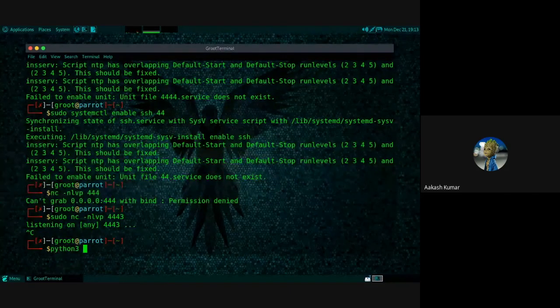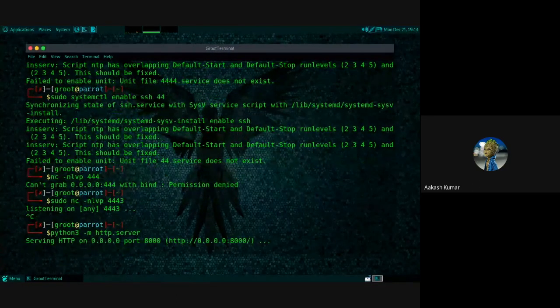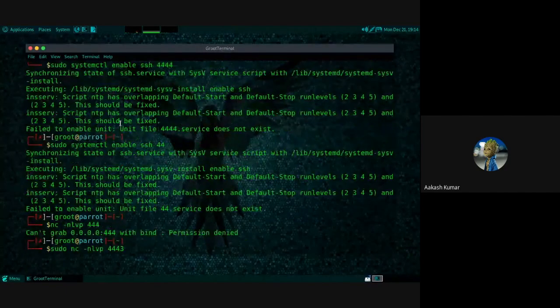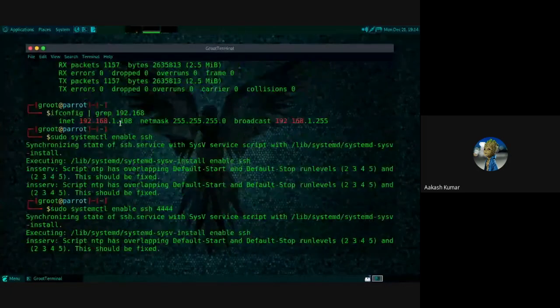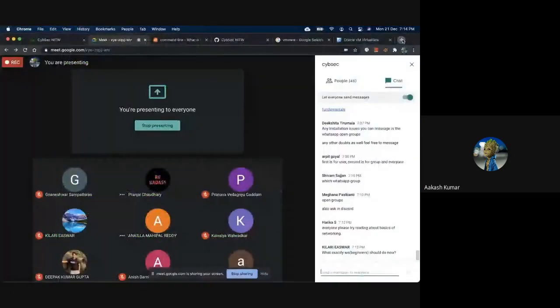Python3 -m http.server. I started this service on port 8000. Now suppose my IP was, what was my IP? 192.168. Okay, so I can see this thing.